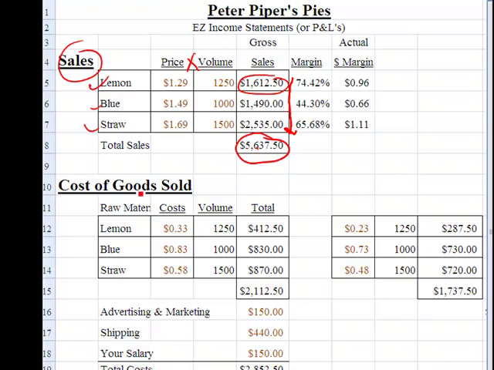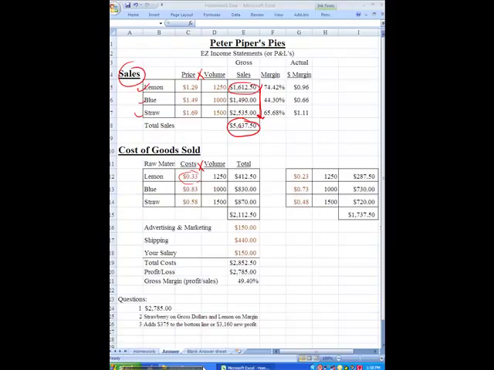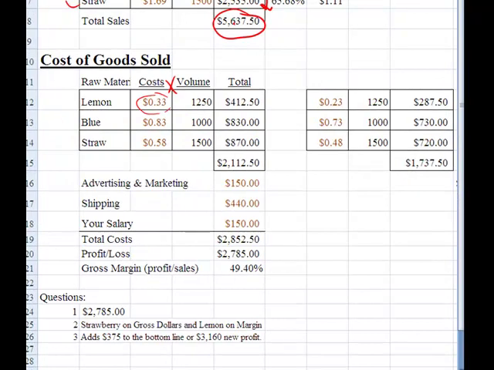We go down to the cost of goods, and it's the same thing. We knew that we had 25 cents plus 8 cents for the packaging, and we add that together, and we're at 33 cents, and we multiply these two columns by one another. So we've got two levels of information here. We've got the sales area, and we've got cost of goods. We've also figured out what each individual item was going to cost us. We know that we're paying $150 for advertising and marketing, and this is what our shipping costs are going to be, and we're going to take some money